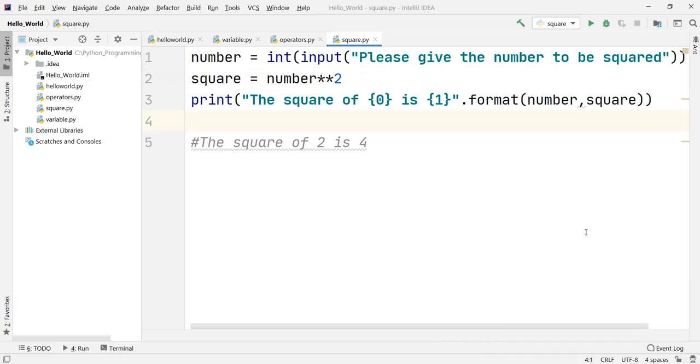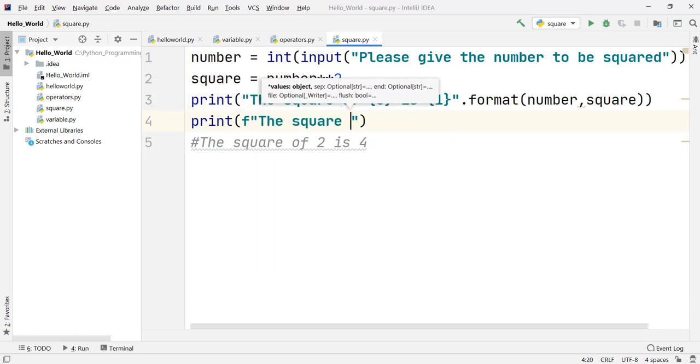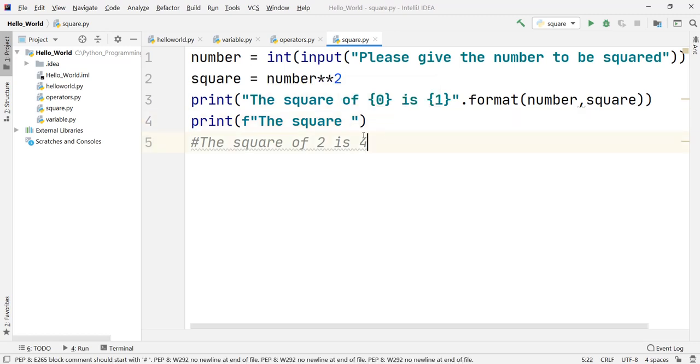But you know what, still we have not seen the simplest method available. Actually, from Python 3.6 version, they have provided an even simpler method to do this, and the method is exactly like the one that we have seen right now. I just want you to observe the method and see it comparatively. Why am I calling it the simplest method available? I'll just write it first and then I want you to understand why it is simple.